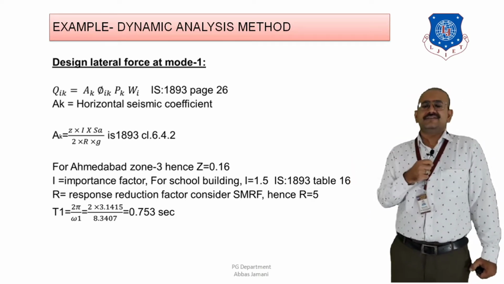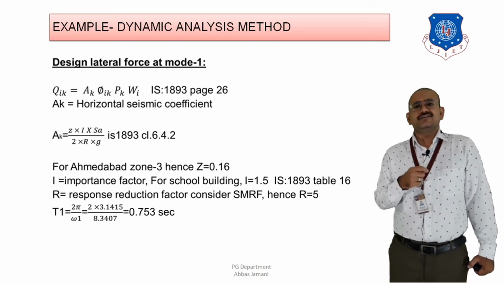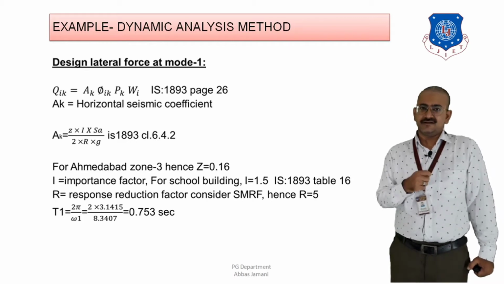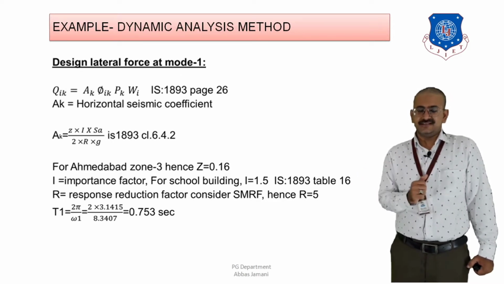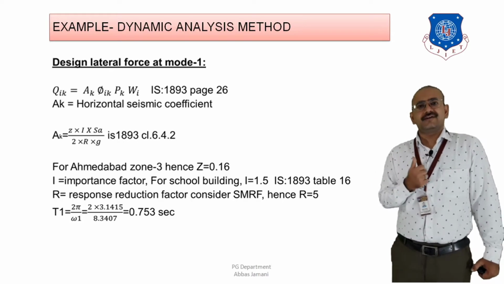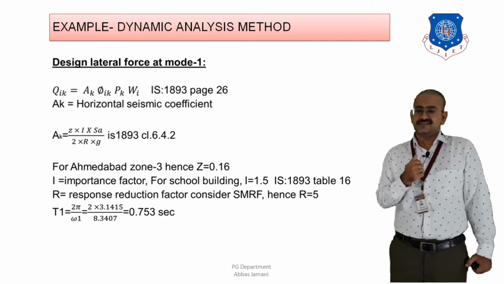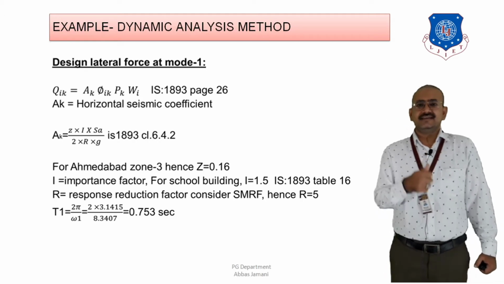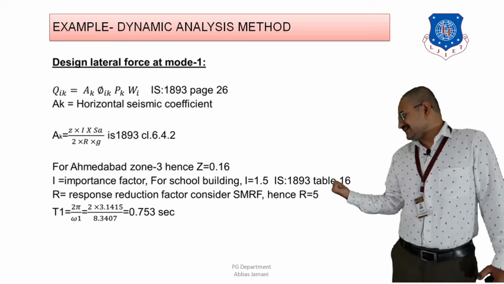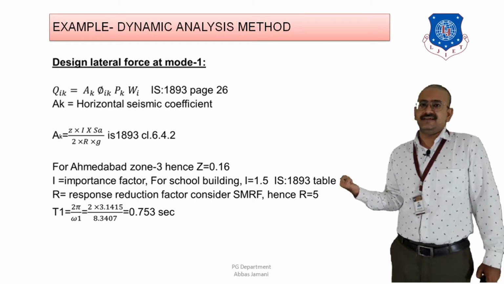And last thing is the value of Sa by g, that is the spectral acceleration coefficient. Now if you remember, we have seen that this value depends on the value of time period. So if I want to calculate the time period, then based on the calculation of time period I will be able to calculate the value of Sa by g under the dynamic analysis head, right? So how can I calculate time period? Then as we have seen in structural dynamics, the relation between omega and time period is known to us, that is T is equal to 2 pi by omega, and the value of omega, that is the angular frequency, is available with us. So if I substitute T1 is equal to 2 pi by omega 1, then I will get the value of T1 is equal to 0.753 seconds.